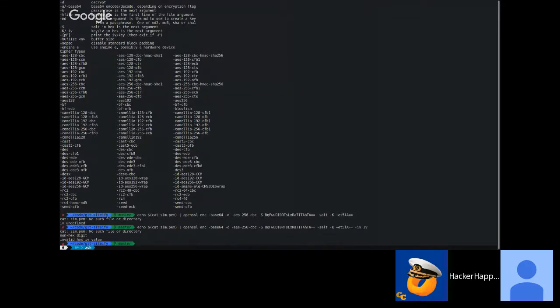Okay, so we need to convert those symbols into hexadecimal. Okay, so all I need is to figure out